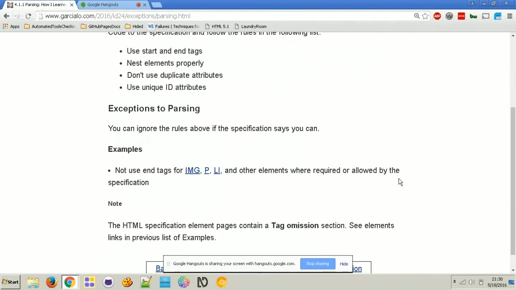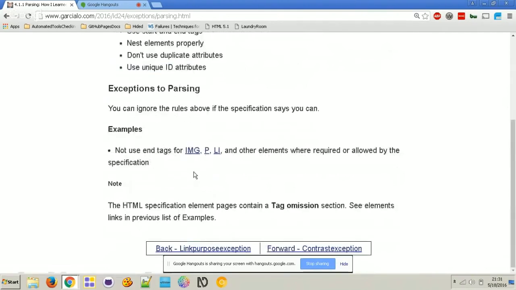Right. So for example, the image element should not have an end tag. It only has the opening tag. And then paragraph and list item, it's kind of common practice to close them, but it's not required by the spec. And in the code that I make, I don't close my p tags and list item tags unless I need to. Most of the time, they don't really need to be closed, so don't close them. And it's totally valid, and it totally passes 4.141.